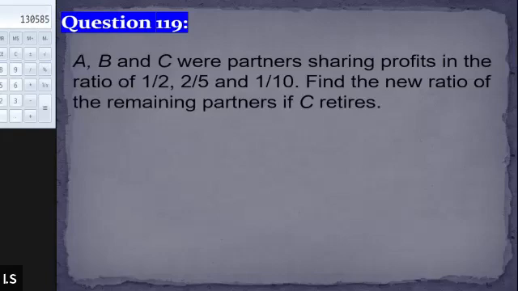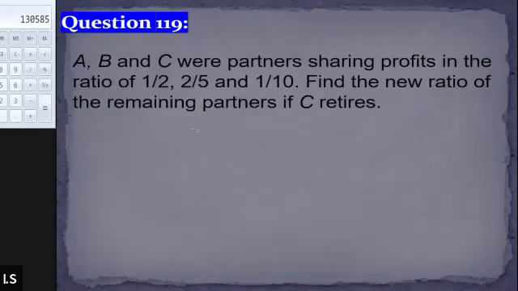Yes, sir. All right, so just do the calculation. Let me know the answer. Both of you, Aman and Sania. What will be the new profit sharing ratio of the remaining partners after the retirement of C? 5:4:1. After the retirement of the partner, it will be 5:4:1. No, sir. C is going now.